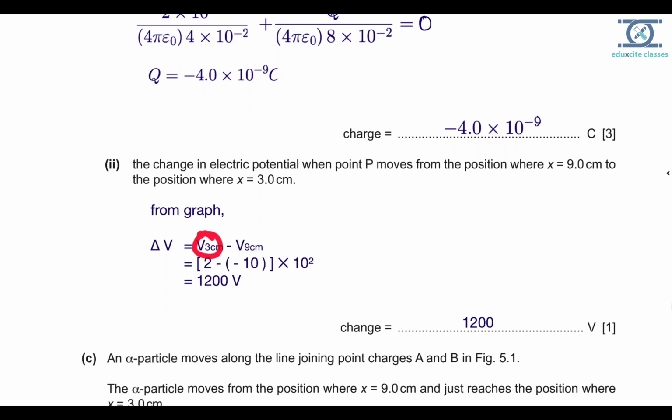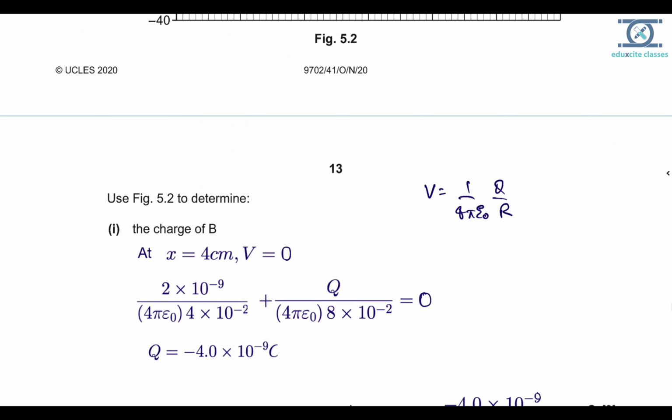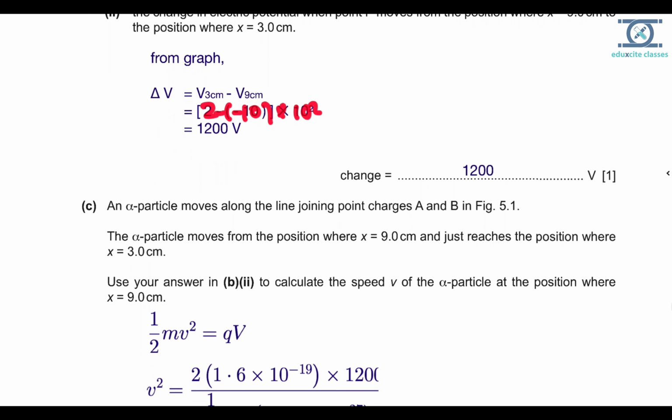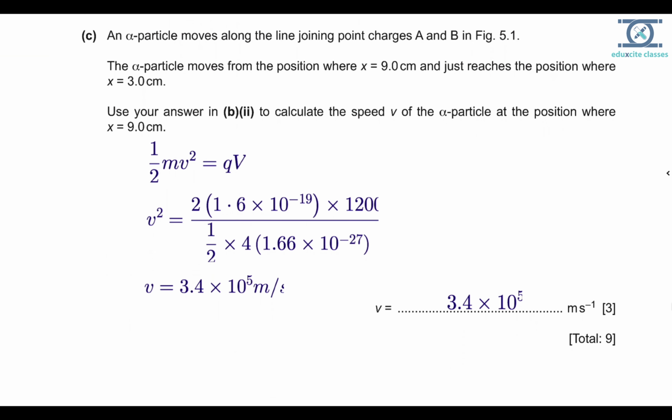So the final potential minus initial potential, 2 minus of minus 10, into 10 raised to power 2, because the values are in 10 raised to power 2. So putting up the values, we get the potential difference between the given positions as 1200 volt. That is the answer. Now in the C part, an alpha particle moves along the line joining point charges A